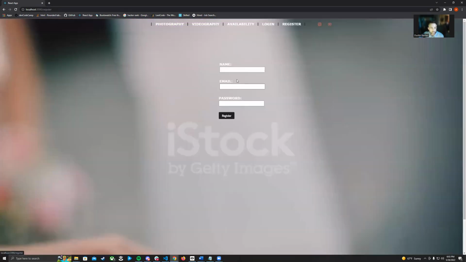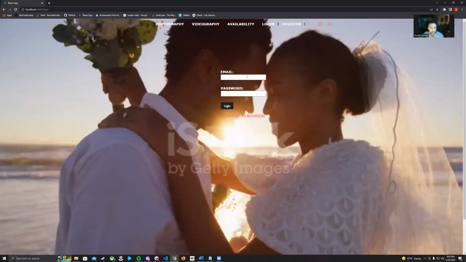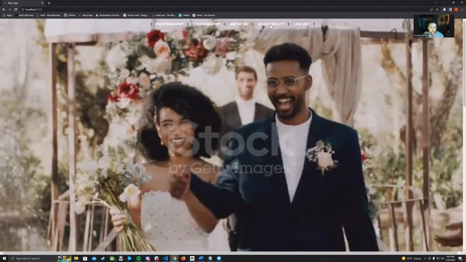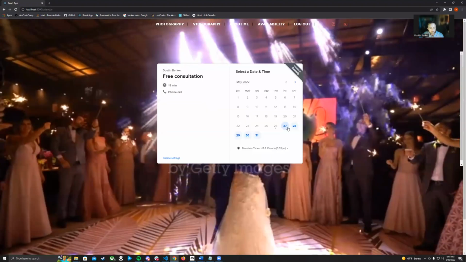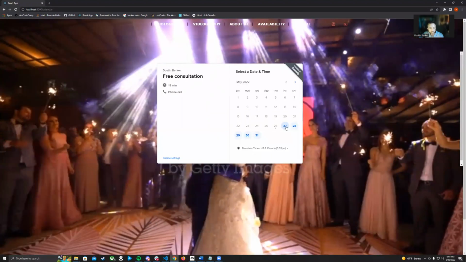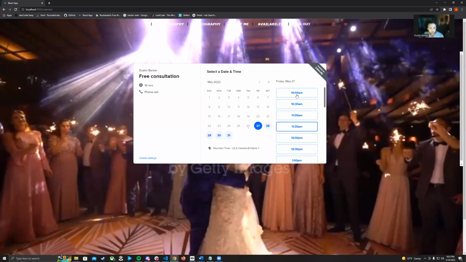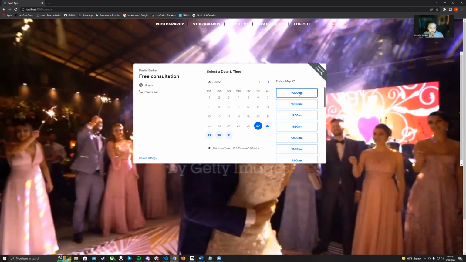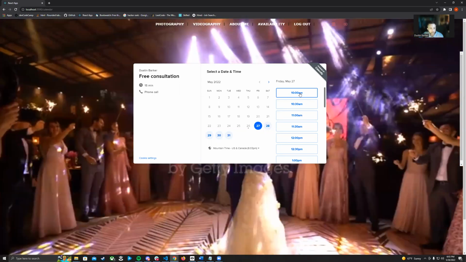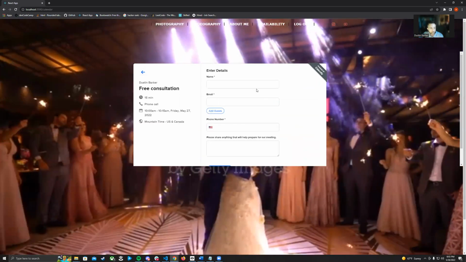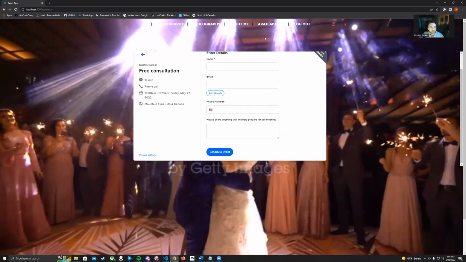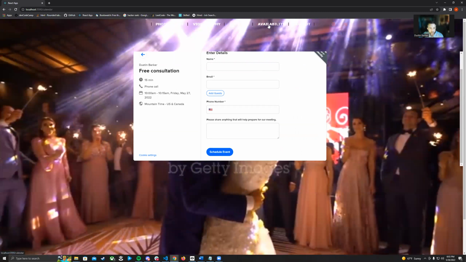So if I log out here, go back to the login page, I'll log in under a different user and go back to that calendar. We'll go back to the 27th, and I just booked the 9:30 appointment, so you can see that that's no longer available. The next one comes to 10 a.m. So I can do the same thing there. I can go ahead and book another appointment at 10 a.m. And once again, that shoots her a text message and an email,